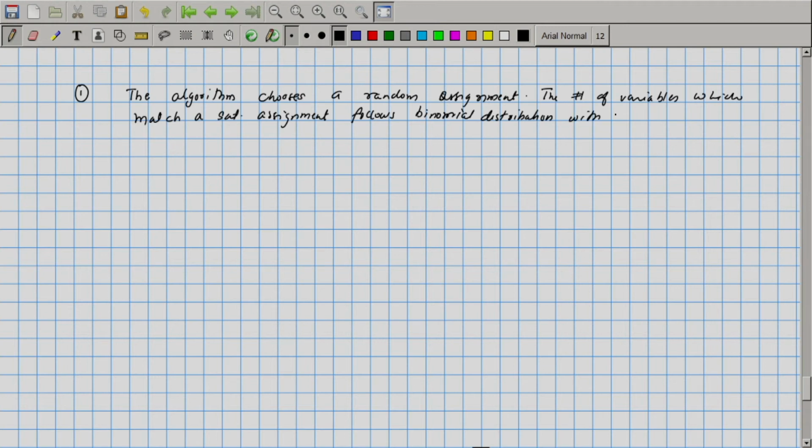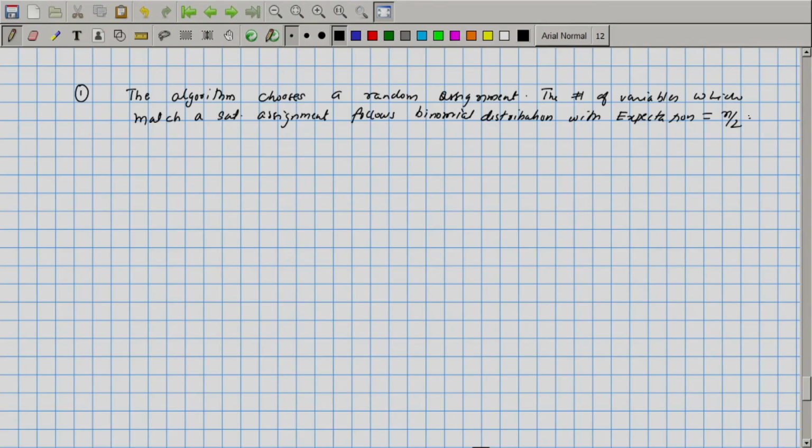With expectation equal to n by 2. Okay. If you had chosen each of the variables by tossing a coin, you can expect that the number of variables in the initial assignment that you have come up with will match roughly 2 raised to n, roughly n by 2